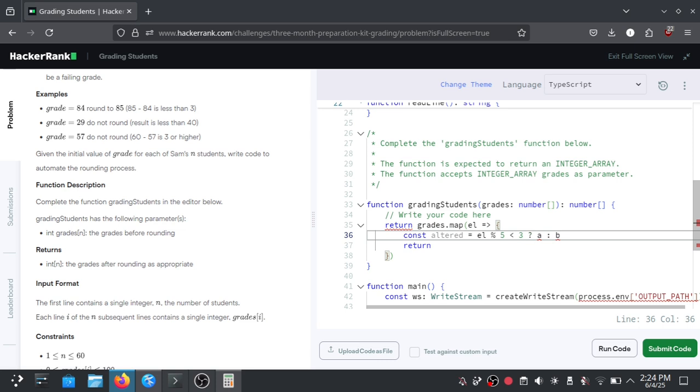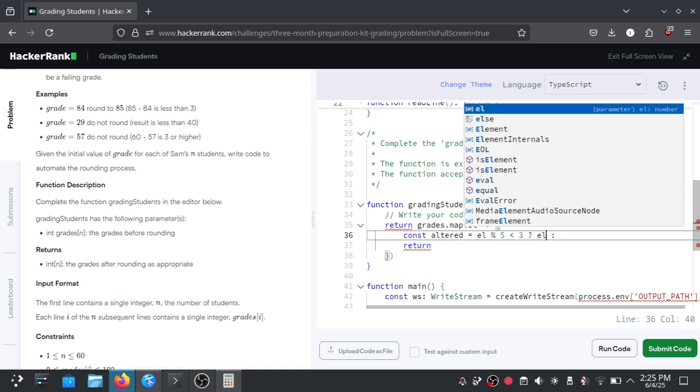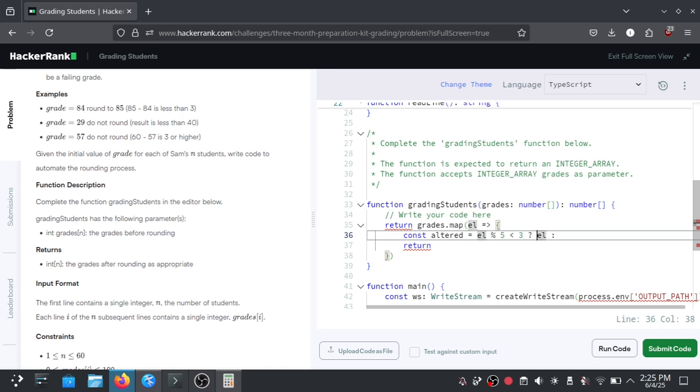This is the ternary operator with the question mark and the colon sign. So in this case we are returning the unaffected grade, because the modulo result is below 3.